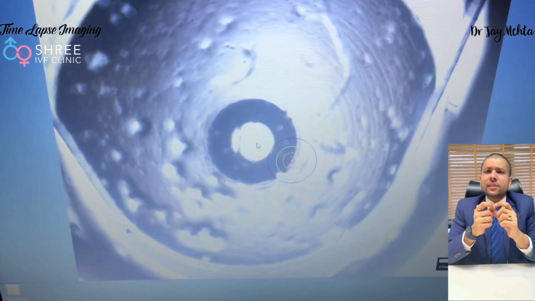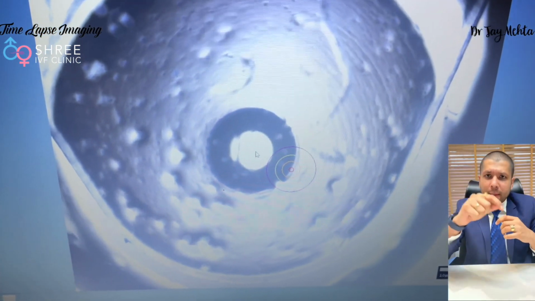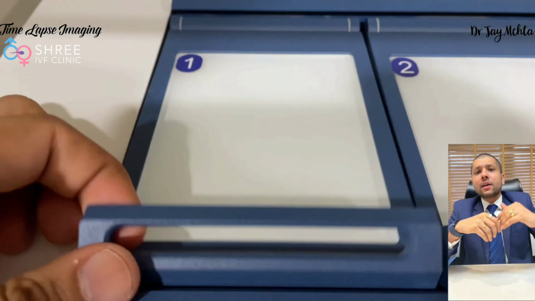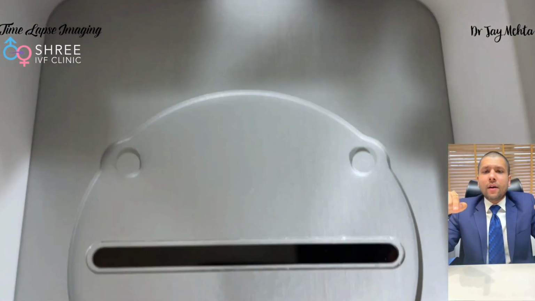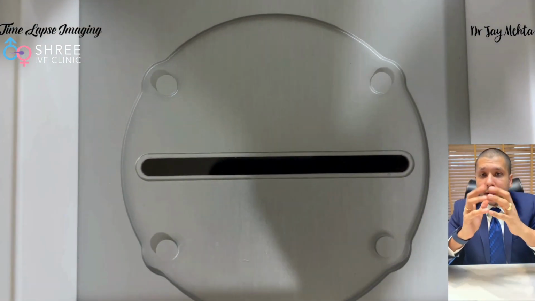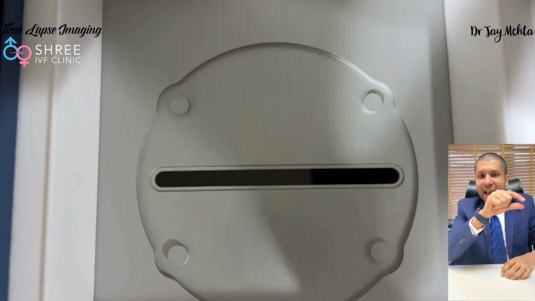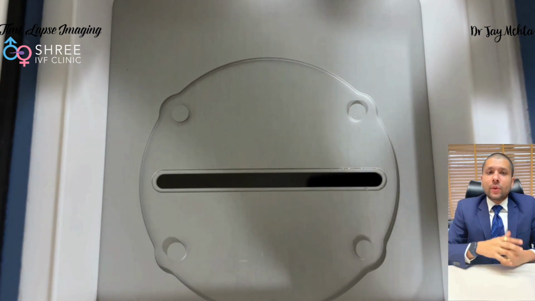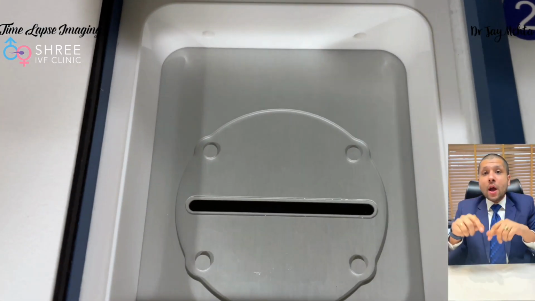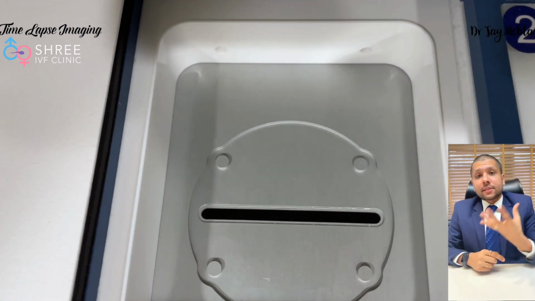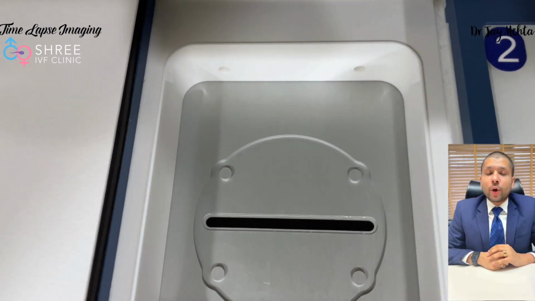So after doing ICSI, we put the embryo inside the well and we put it inside this lid. You can see this lid has a configuration which can accommodate that coin, and in the center, this black line which you see has cameras which are protruding out through it. These cameras are actually going to take images of the embryos which are growing.